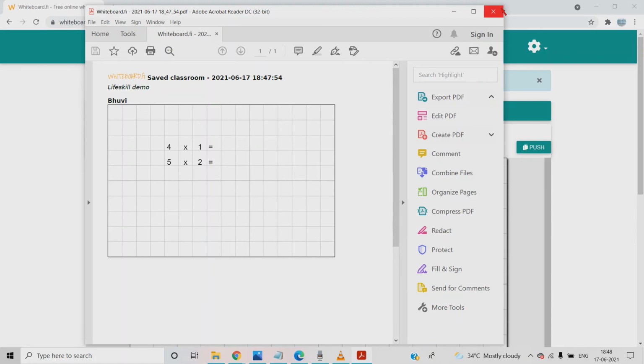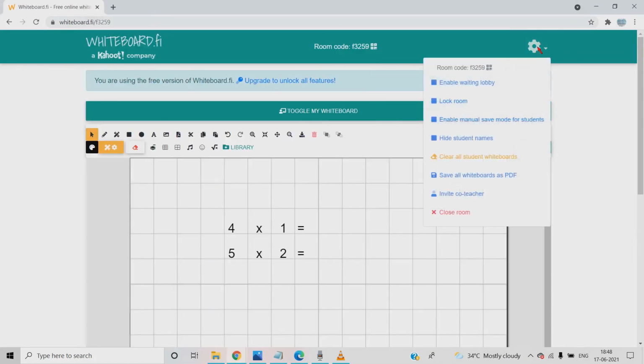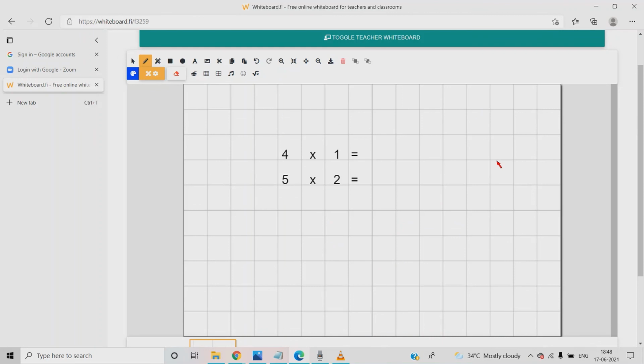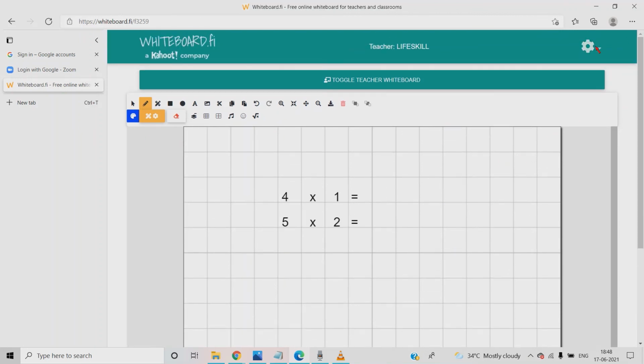Okay. Yes. So now after finishing this, you have to close the room. Not only you, you have to insist all the students to leave the room. Let me show that. Students should click on it and then leave room, or else in the next class the same question board will appear. If they are not leaving the room, the same question will appear. They cannot see the next subject teacher's work. The next subject teacher's activity they cannot do. So they have to leave the room.